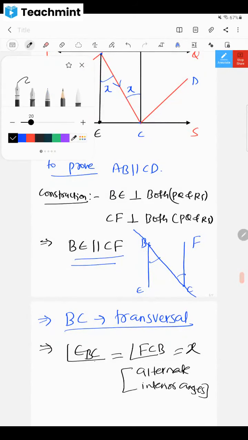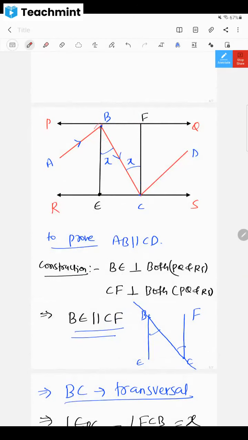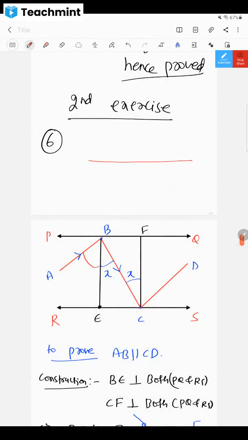Then after that, one more point I want to put here. Look at this angle, dear children. How about this ABE and EBC? This is the angle of incidence and this is the angle of reflection, no? For example, here is the surface. On this surface, what is happening? This AB is hitting. This is the incident ray and it has come here. This is a reflected ray. And in between, there is that normal. That normal's name is BE. Now, don't you think these two angles are equal? This is X, and this was also X, right?